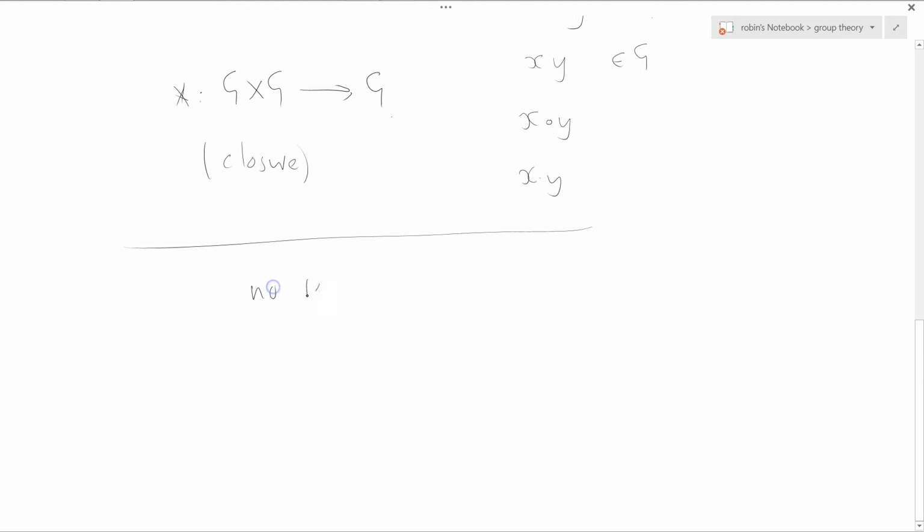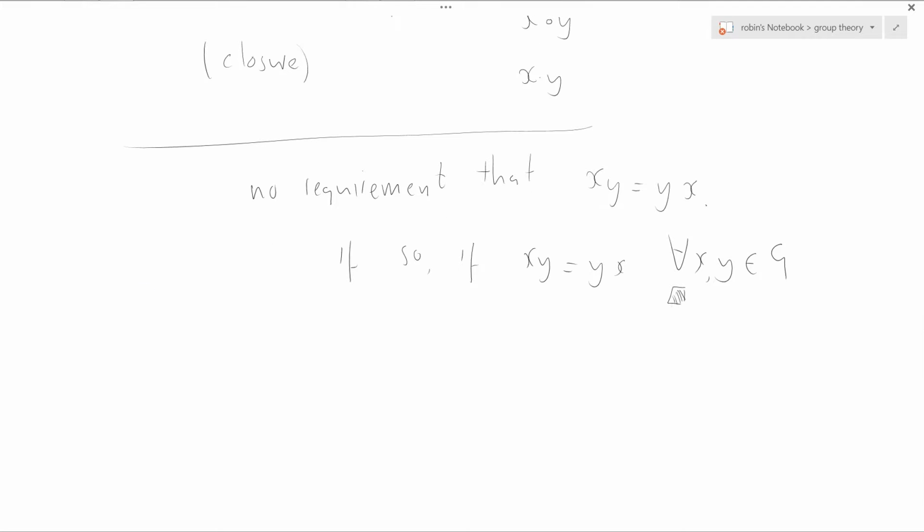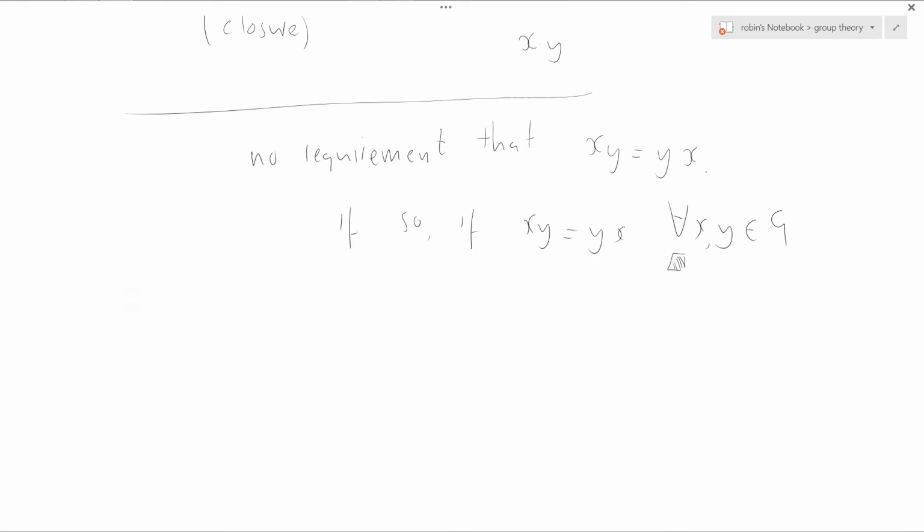There is no requirement, and again I'm going to make this very clear with examples, that xy equals yx. There's no requirement. Sometimes it is. If so, that is, if xy equals yx for all x and y in the group, this upside down A is part of the set quantifier notation, which is covered in an earlier screencast. If this is the case for xy equals yx, then